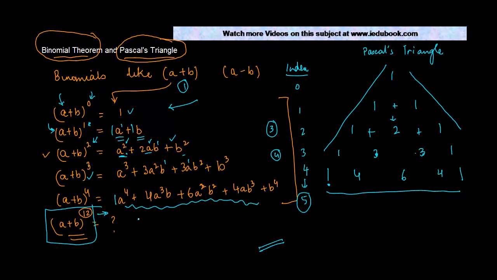Now if you use the knowledge that you had gained earlier in terms of combinations, where nCr is equal to factorial n upon factorial n minus r, factorial r,